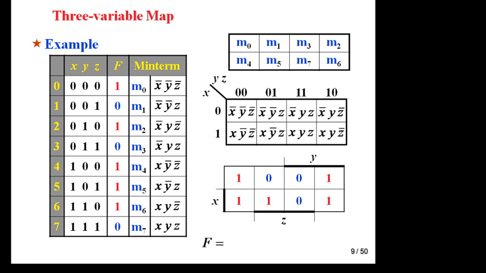One more example. In this case you can make one quad. This is adjacent to this, this is adjacent to this, and this is adjacent to this. So you can make one quad and one pair, and one quad and one pair is EPI. This, okay. You can also make these two. There are 2 possibilities. This is adjacent to this, this is adjacent to this. So one quad.